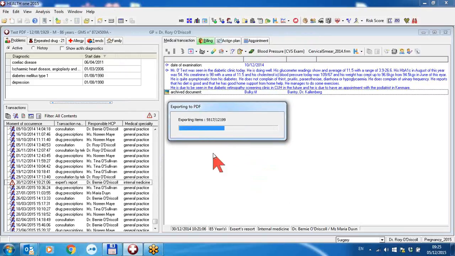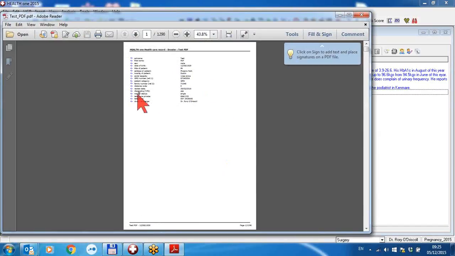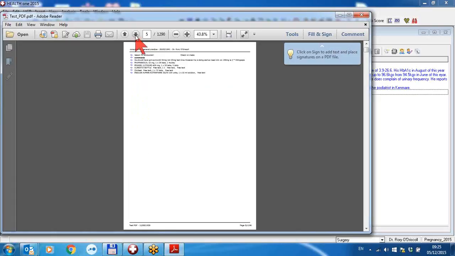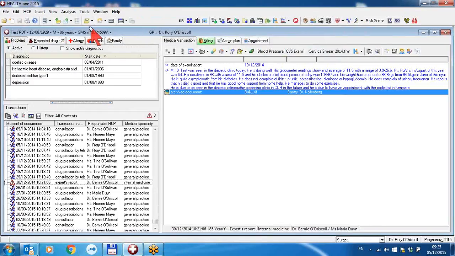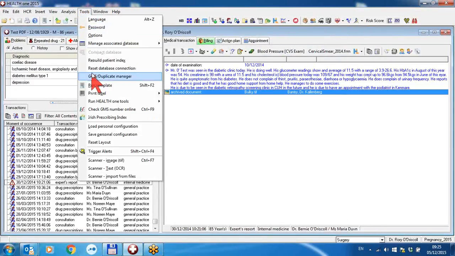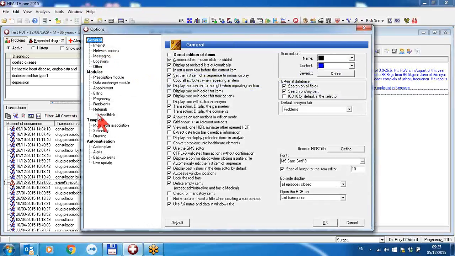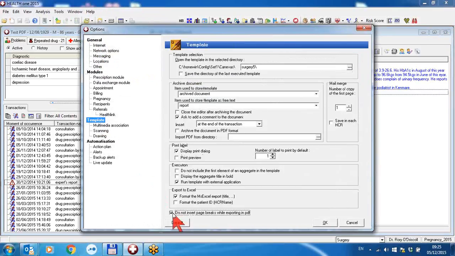Again, we have 12,000 items, and in this case, even though each transaction is a new page in the PDF, I think we'll get a printout, and we do. So the first page is the admin page, the basic medical page, the next transaction, the next transaction, the next transaction. As you can see, there are now, rather than 200 pages, 1200 pages, and it still prints out. However, generally speaking, there isn't much point in doing that, so it's probably better as a general rule to click on Tools, Options, Template, and tick this box